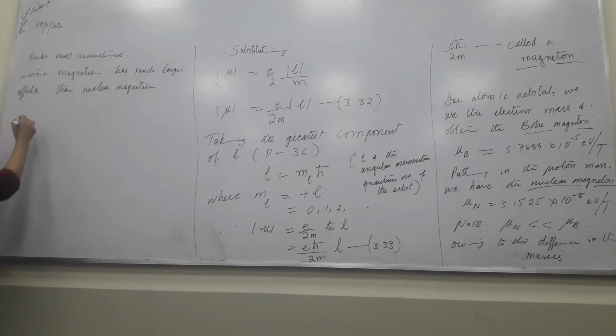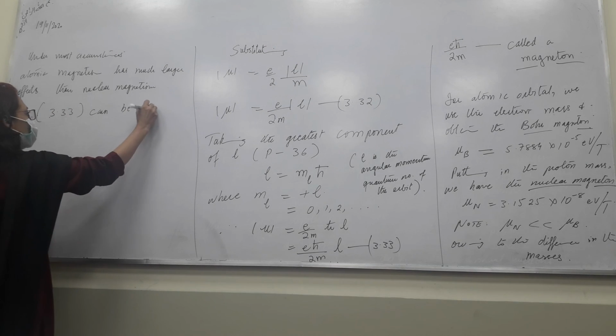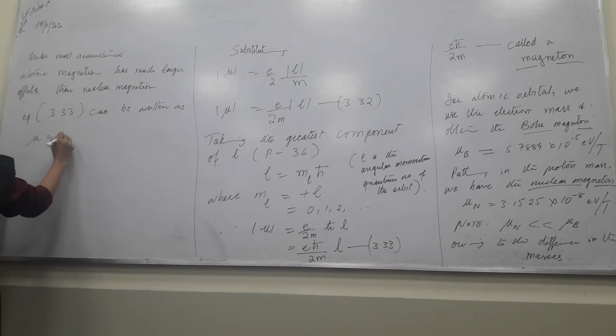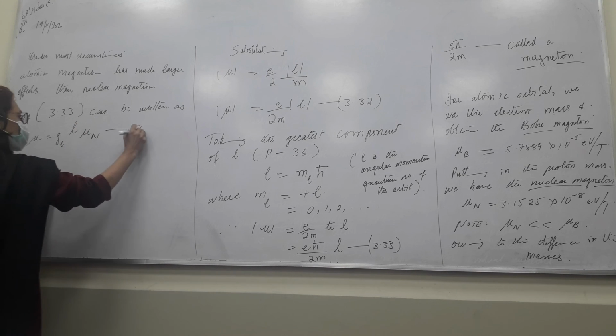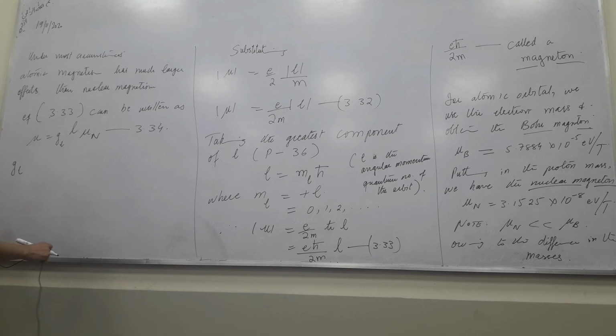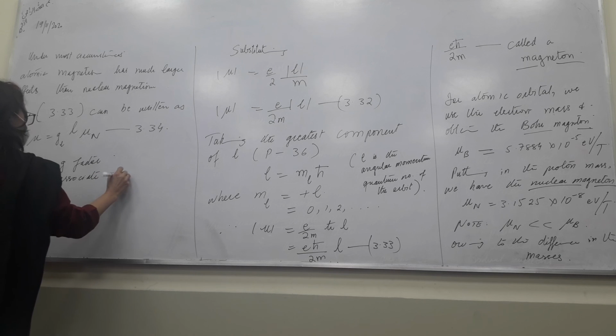So, the equation that we just wrote, which is 3.33, we can write it in the form mu is equal to g_L into mu n. So, in this case we have introduced a factor which is g_L, and this is called the g factor, and it is associated with the orbital angular momentum